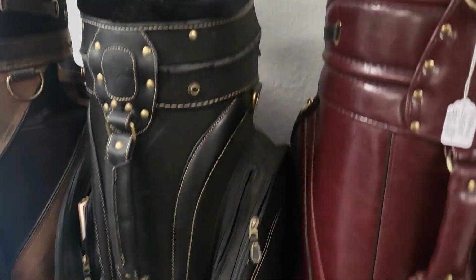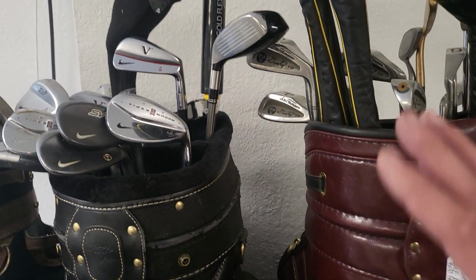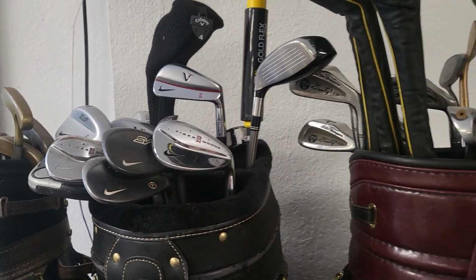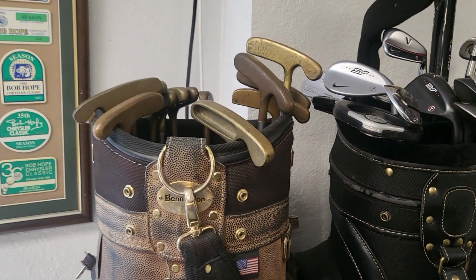All right, so in this bag, nice old Callaway bag. I was talking about Callaways. It has mainly Tiger Woods Nike clubs. They don't make Nikes anymore. So I'm pulling these out, setting them aside. And I don't think I talked about these in here. These are the John Reuter's